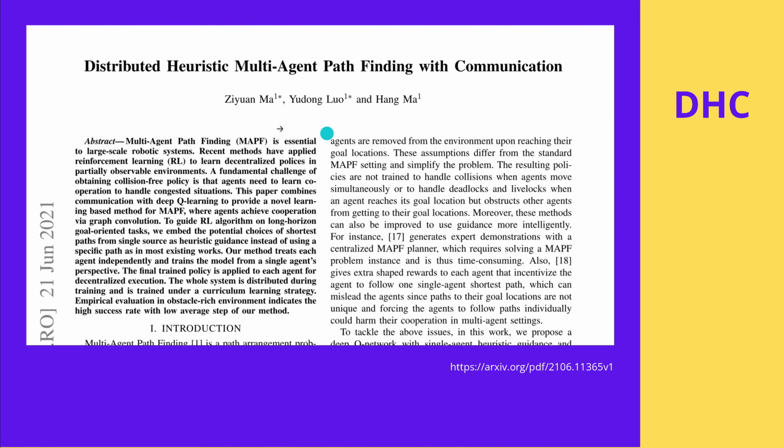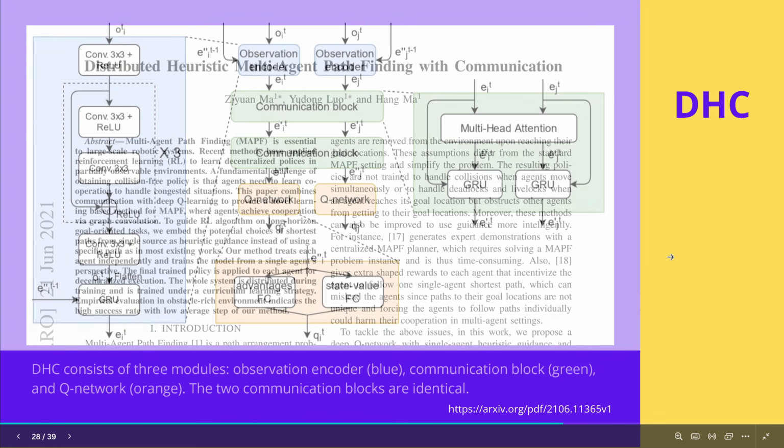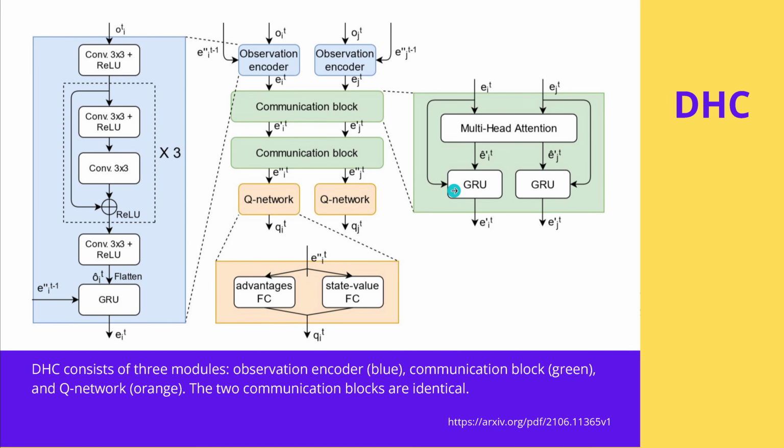This is DHC, Distributed Heuristic Multi-Agent Pathfinding with Communication. And you see, this already was published in June 2021, a very general paper, but you need to read this paper. You need to understand at least the theory a little bit so you are able to follow along with what is happening currently. So I would recommend this as an additional paper to read here. There is nothing strange or particular happening. We all know what's happening.